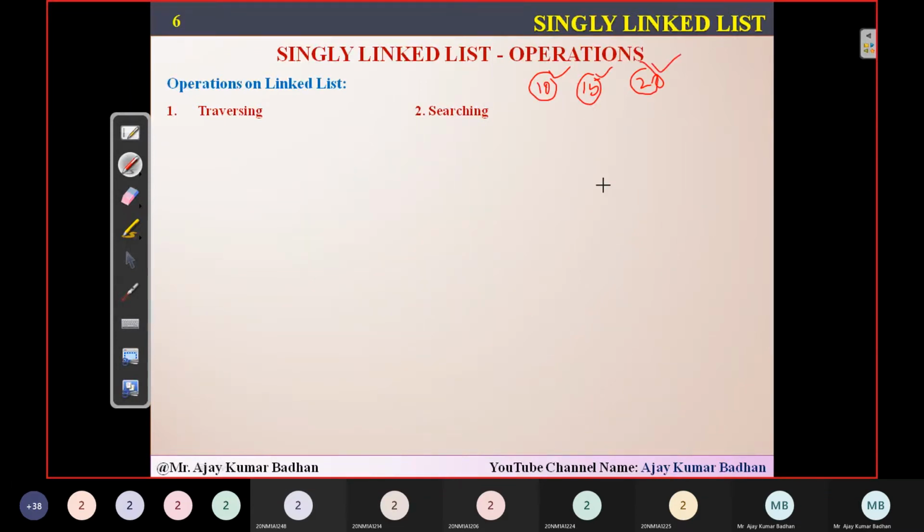This is something like you going on a trip. For example, you planned with your family to go on a trip during summer vacation. You're visiting different cities, not doing anything, simply visiting and seeing the locations. Same way here, we will be visiting each and every node, and whatever data is present in that, we will be seeing it. Indirectly, you will be simply displaying the list, 10, 15, and 20, by visiting every node one by one. That is what we call traversing.